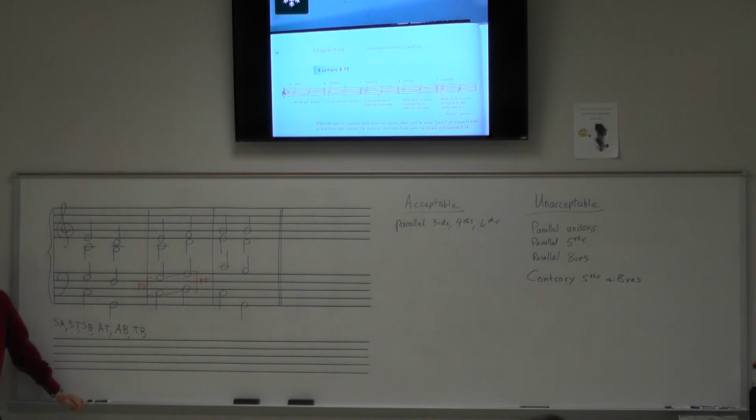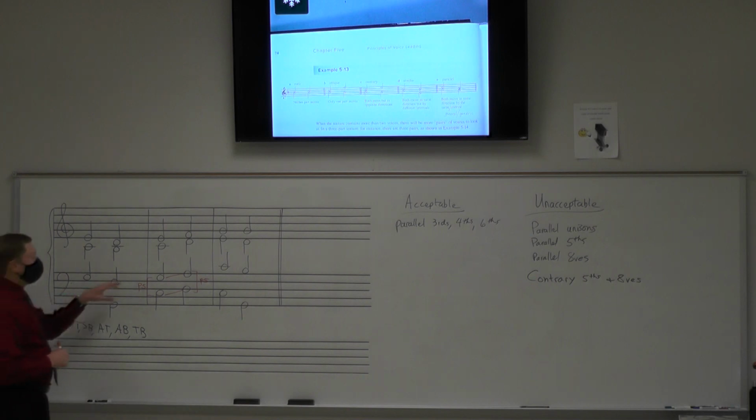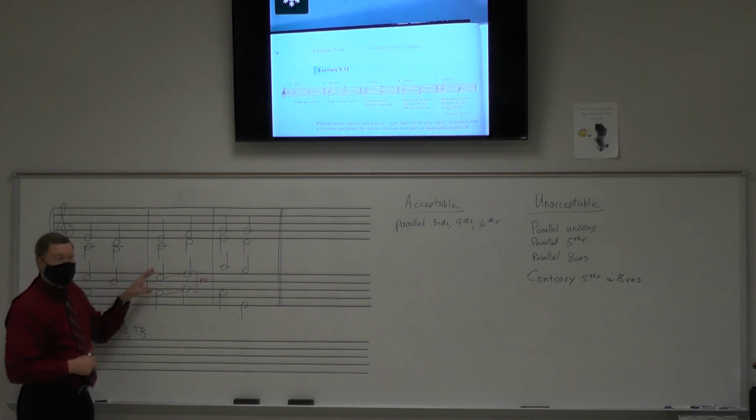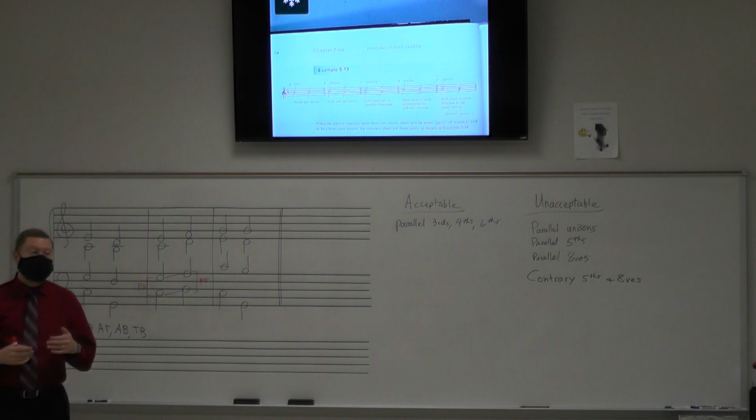Parallel perfect fifths are never permitted in this style between any two voices. Why is that? Well, I'm glad you asked. The reason is because the fifth, and especially the octave and the unison, are some of the most open and hollow sounding intervals that we have in music. Okay? So when you have two voices moving in parallel motion at those open, hollow sounding intervals,